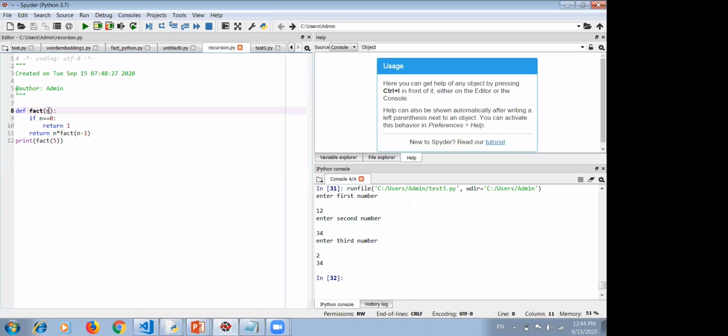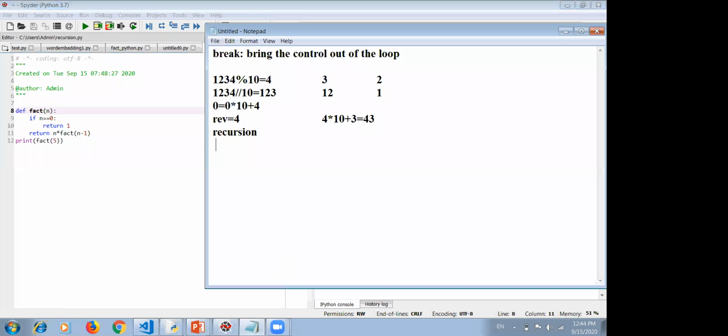If I pass 5, then what will it return? 5 multiplied by, it is calling the function again by passing one less value. Means if we have to find, suppose 5 factorial, then how will it work?